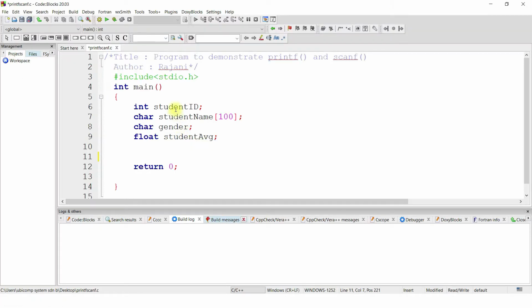When we look at our previous examples for variables which are student ID, student name, gender and student average, using getchar and putchar, we can read and display gender, which reads a single character, M for male, F for female. And using gets and puts functions, we can read and display student name, which is of string variable, which reads maximum of 100 characters. Then how can we read student ID and student average, which are of integer and float